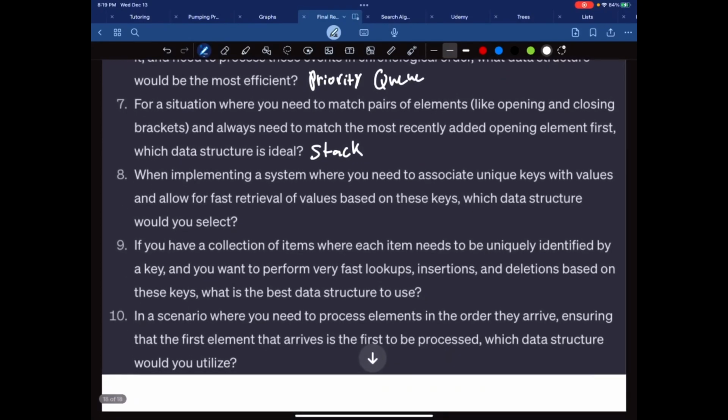When implementing a system where you need to associate unique keys with values, if you have a collection of items where each item needs to be uniquely identified by a key and you want to perform very fast lookups,